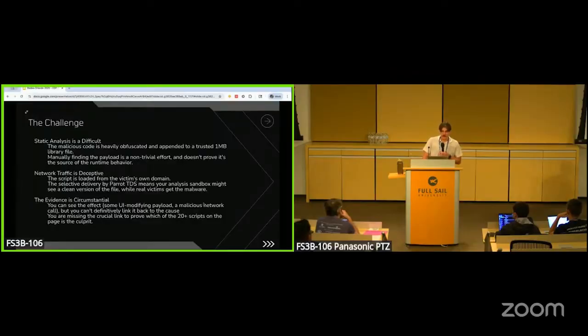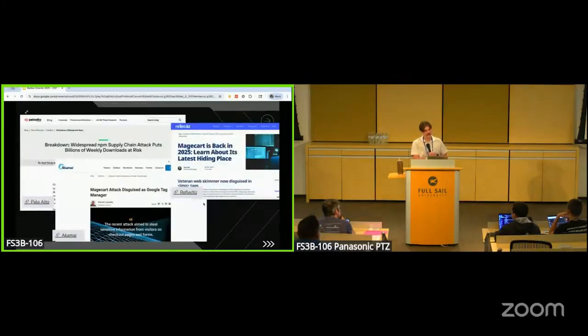This pretty much summarizes everything I just said, but the three main points: static analysis can be difficult, network traffic can be deceptive, and the evidence is often circumstantial. And this one example I point out is just one of many. I had trouble choosing what I was going to use as my little introductory case, but whether it's the most